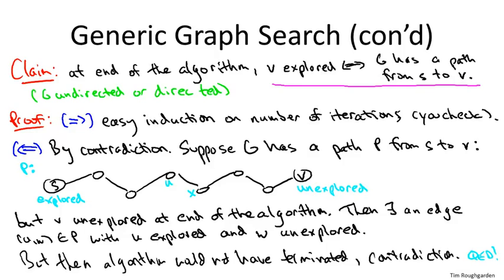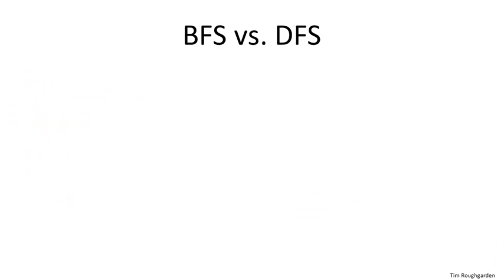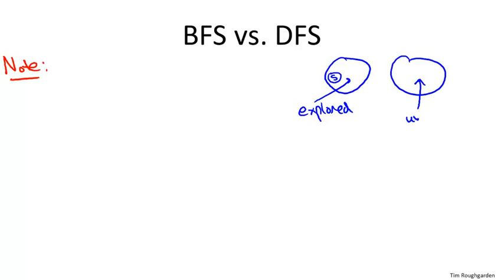Now let me just make sure it's clear where the ambiguity in our generic method is, why we can have different instantiations of it that potentially have different properties and different applications. The question is, at a given iteration of this while loop, what do you got? You got your nodes that you've already explored, so that includes S plus probably some other stuff. And then you've got your nodes that are unexplored. And then you have your crossing edges, right? So they're edges with one point in each side. And for an undirected graph, there's no orientation to worry about. These crossing edges just have one endpoint on the explored side, one endpoint on the unexplored side. In the directed case, you focus on edges where the tail of the edge is on the explored side and the head of the edge is on the unexplored side. So they go from the explored side to the unexplored side.